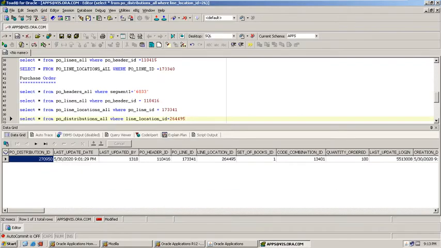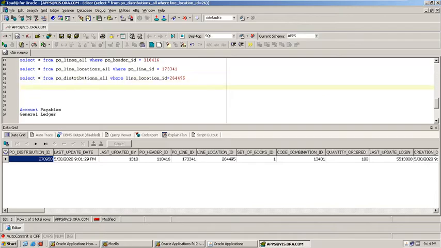Okay, now what are the receipt tables? Receiving tables.